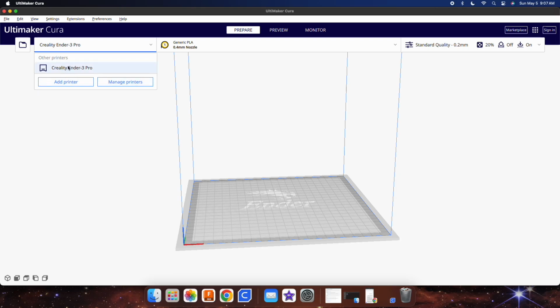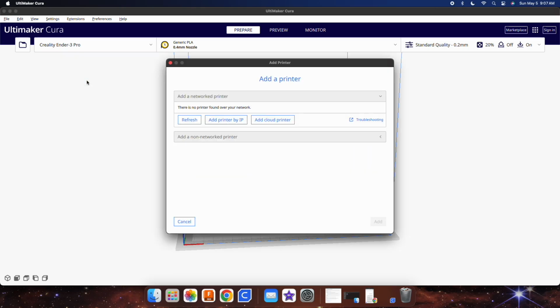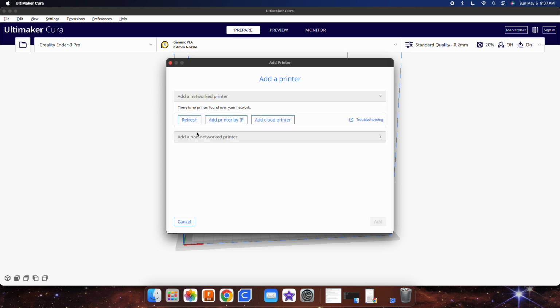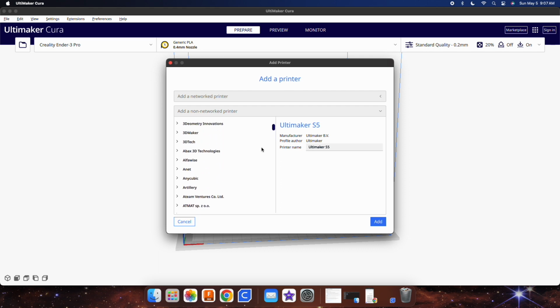So here I have my printer selected, but we can also, if we click Add Printer, add a networked printer. We don't have any of those right now. Non-networked printer. So it comes up with the Ultimaker printers first because this is an Ultimaker slicer. But if you have a non-Ultimaker printer, which most likely is you, then you can scroll down until you find it, and then the printer brand will be here. So let's say I have Anycubic Chiron. Click on that. Click Add,